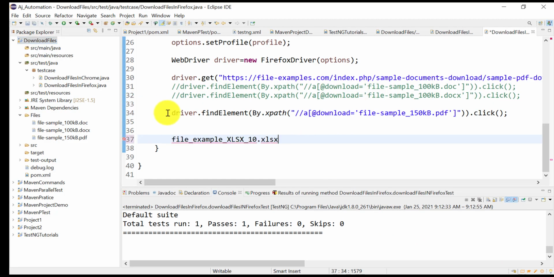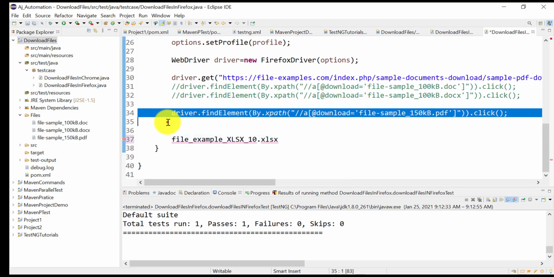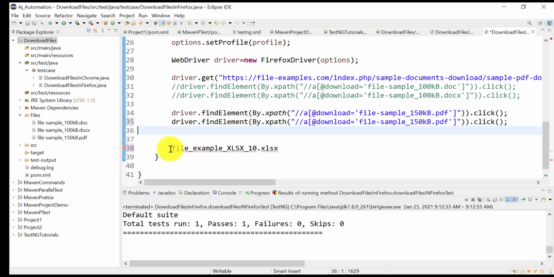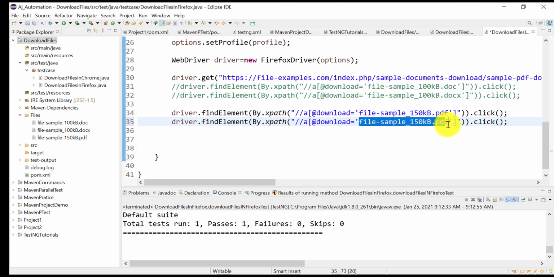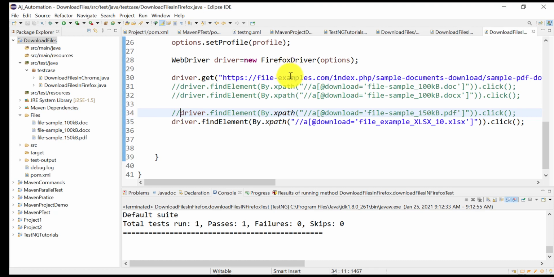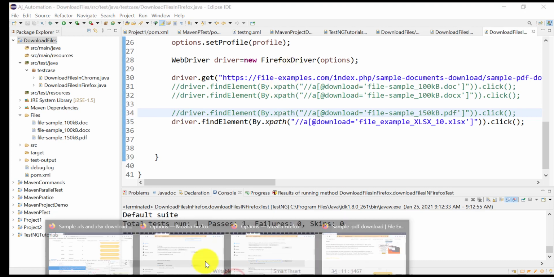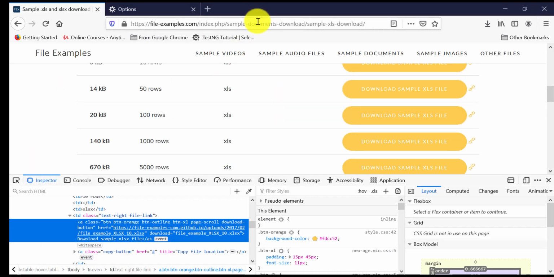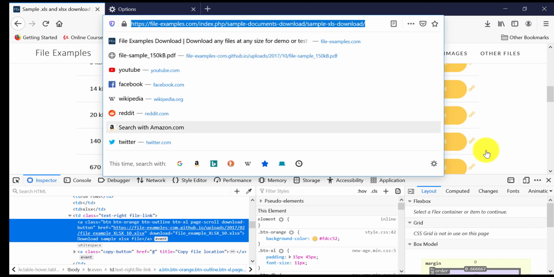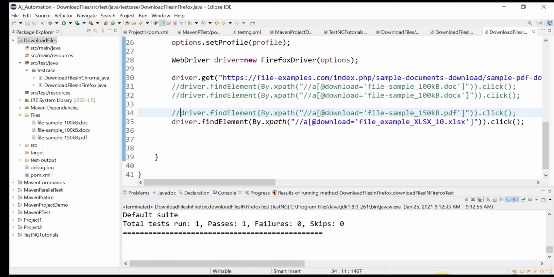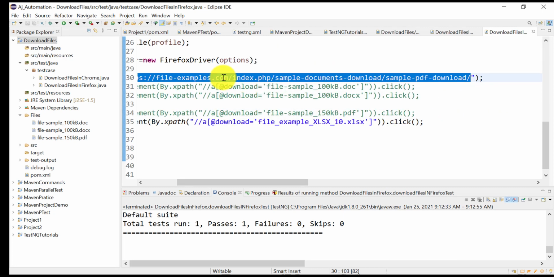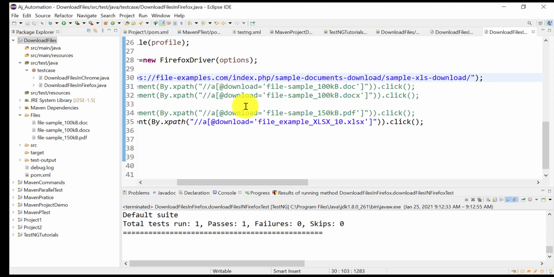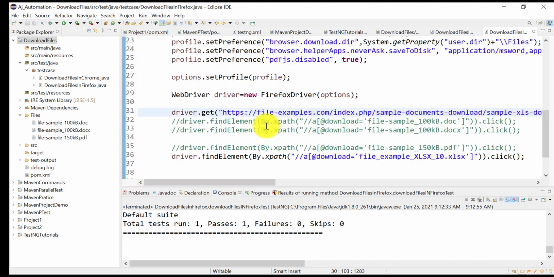Just change the value of this. Comment this, and what is the URL? This is the URL. So let us run.